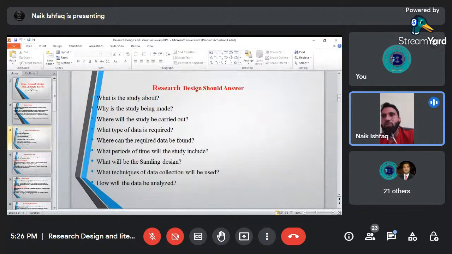Coming to the types of research design, there are different types of research design. For example, there is descriptive research design, there is exploratory research design, there is explanatory research design, and there is correlational research design. When we talk about the descriptive research design, it focuses on describing systematically a situation,